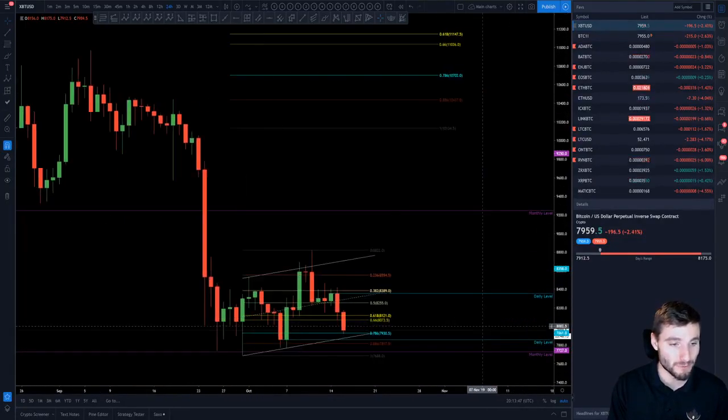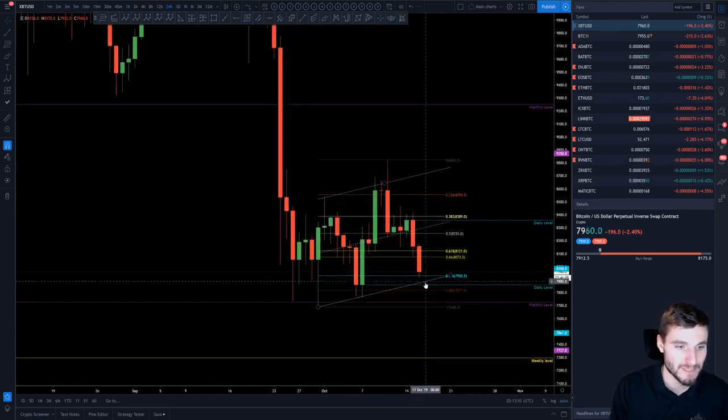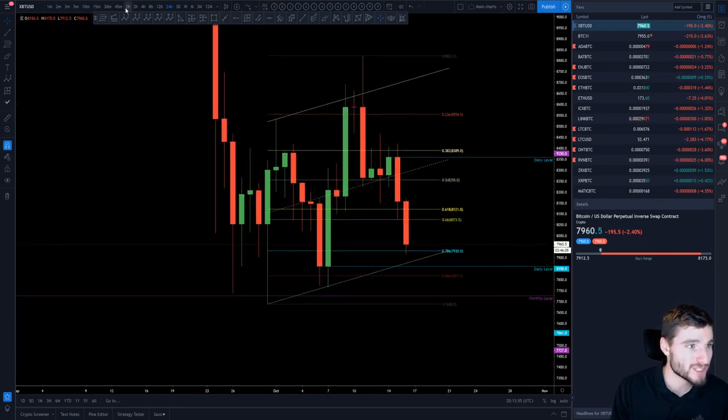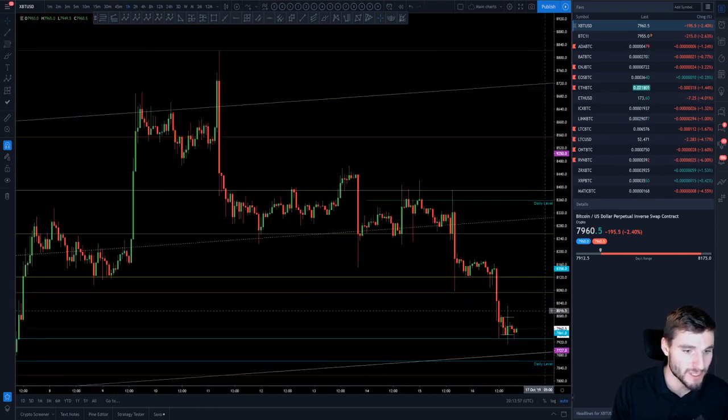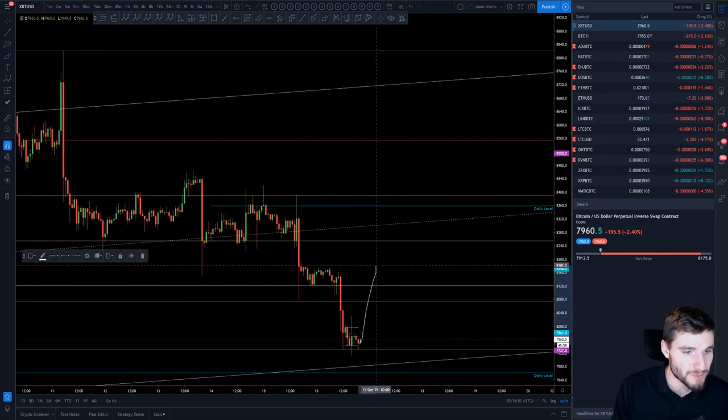My perspective on Bitcoin, I would look to short a rise. Let's see if we can get down to the bottom of this channel. I guess I'll give a bullish perspective just in case we do randomly pump tomorrow. So if we do get a random pump out of nowhere, I'll be looking up to the first highs of 8180, let's say,